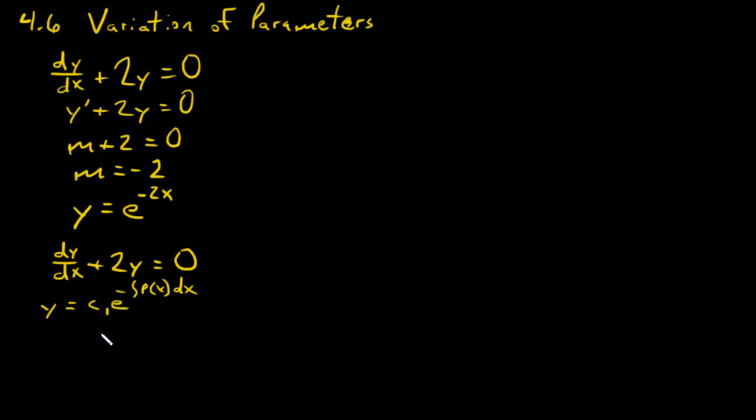All right. So now let's do what would happen if we didn't have it equal to 0. Okay. So now if it doesn't equal 0, we've got dy dx is equal to